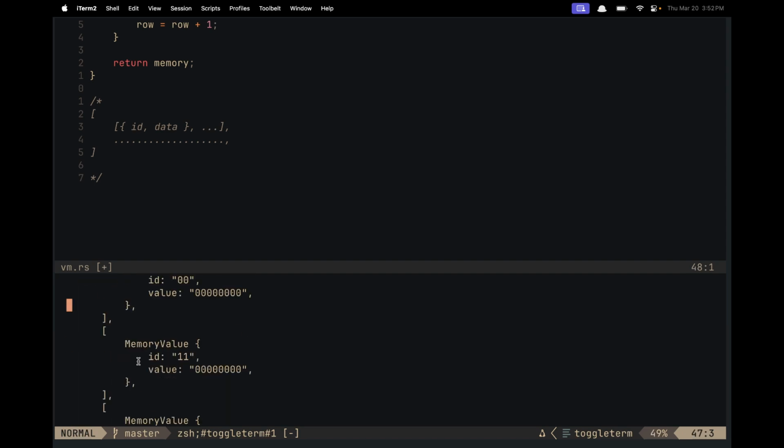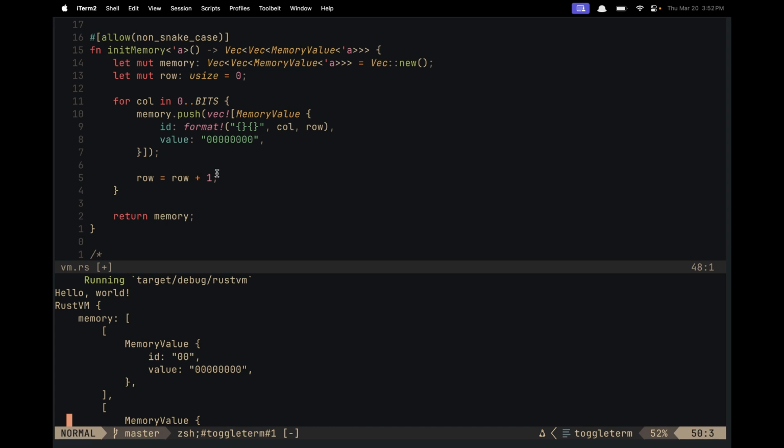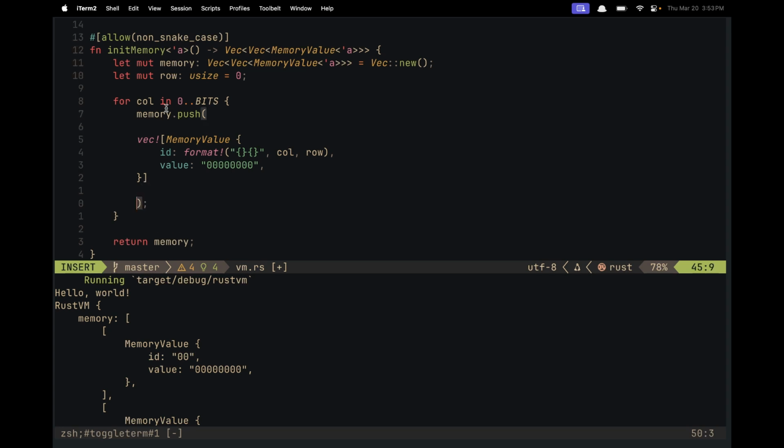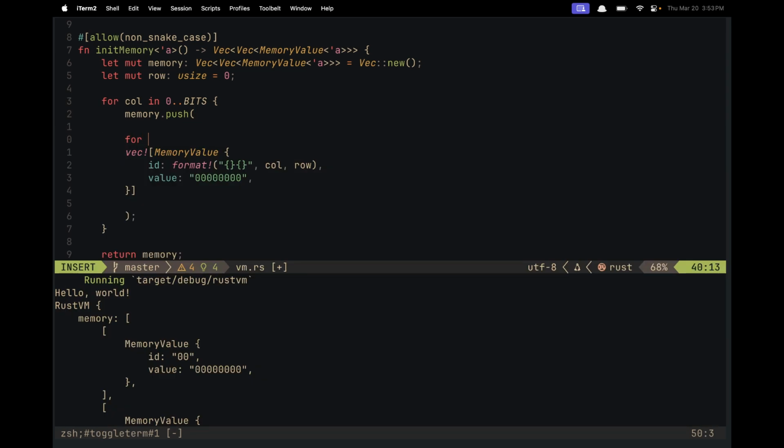Uh, what are these values? Oh. Okay, so now what are we supposed to do, right? Make a new thing. Make a for loop for